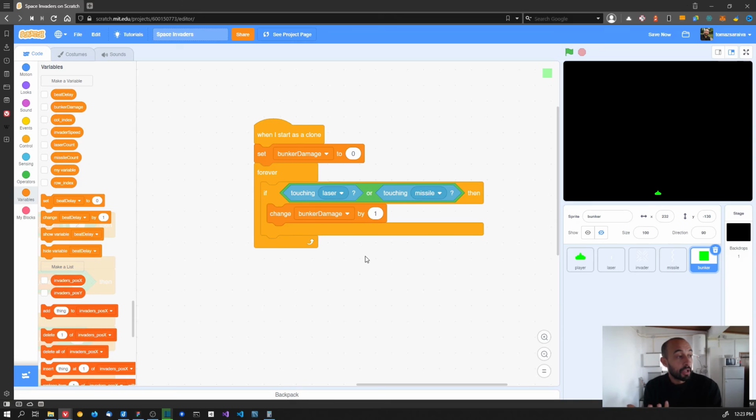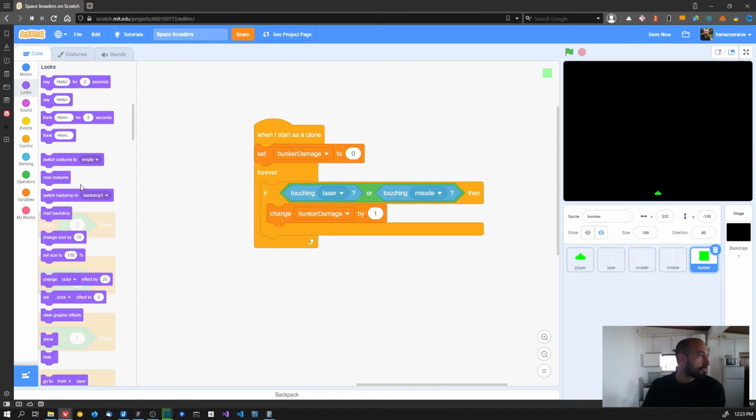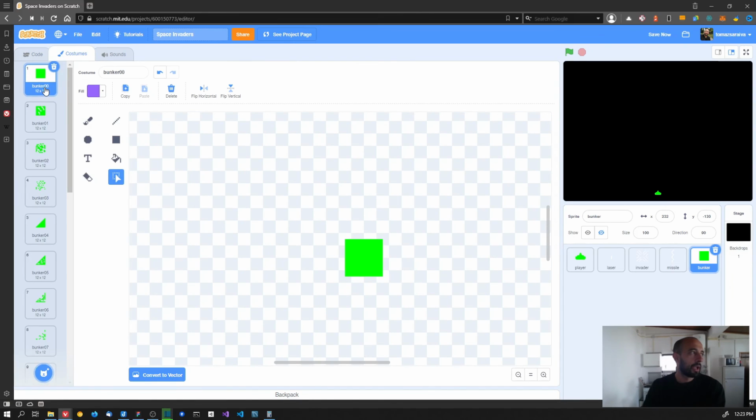And each time we increment the bunker damage, we are going to change the sprite of the tile. Basically what we can do is the next costume, which says that, okay, we are on this one, we get 1 of damage, we go to this one, 2 of damage to this one, 3 of damage to this one, and when we get to 4 of damage, we need to go to the empty sprite. And so